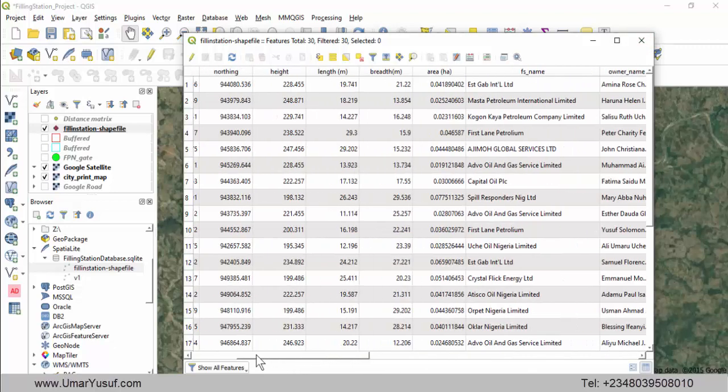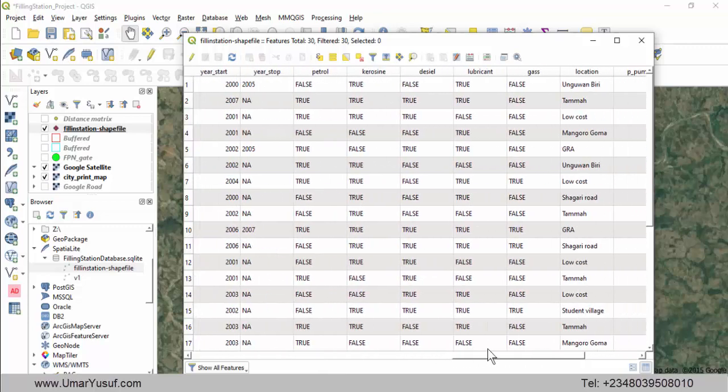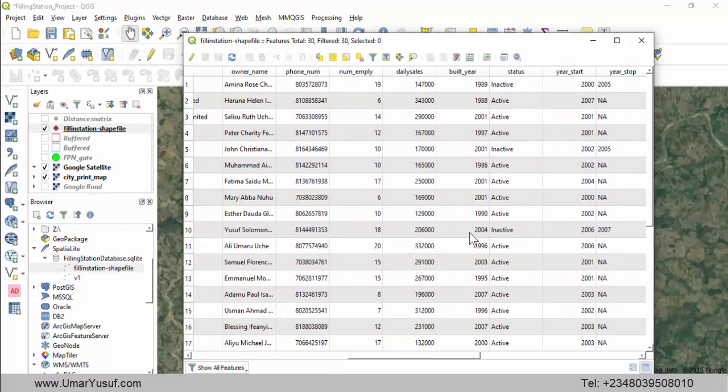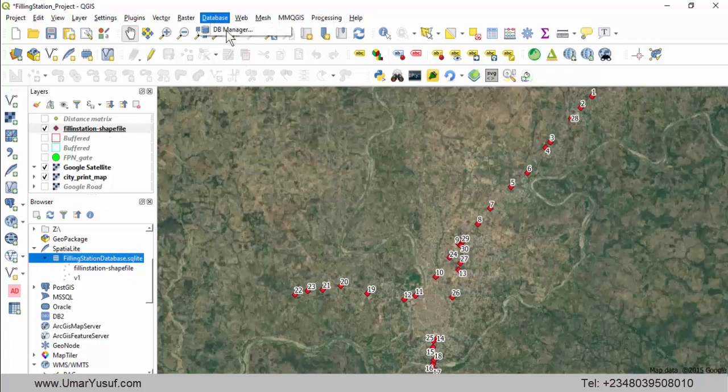We are just interested in the names, that's the filling station names, this column of the database. I can easily do that using the database manager. Since this is a spatial database table, we can easily go to the database manager